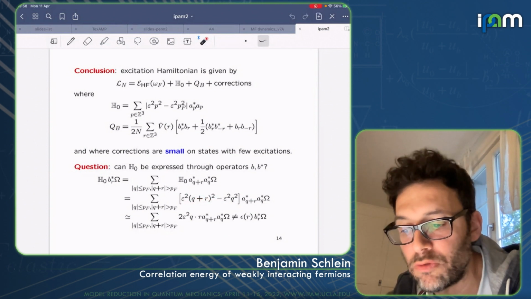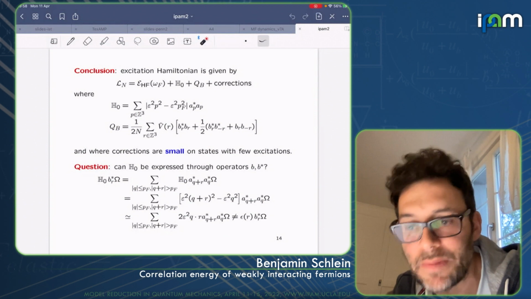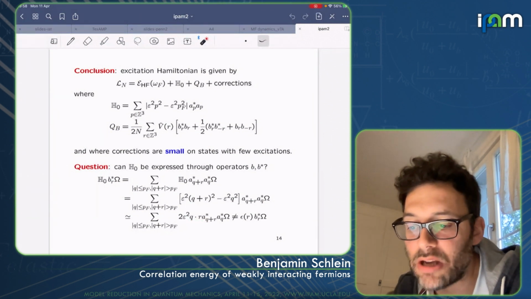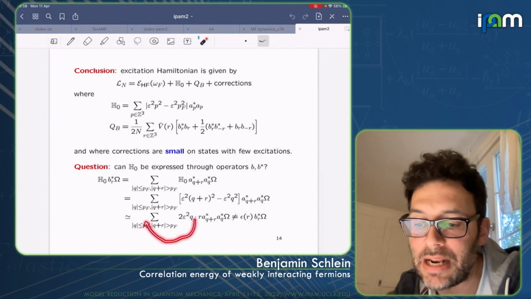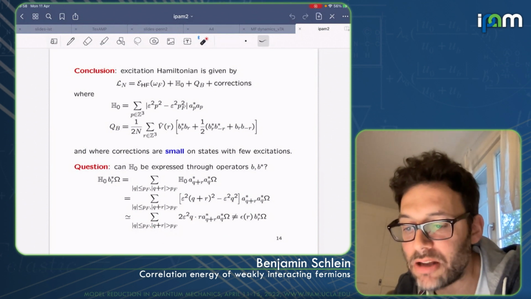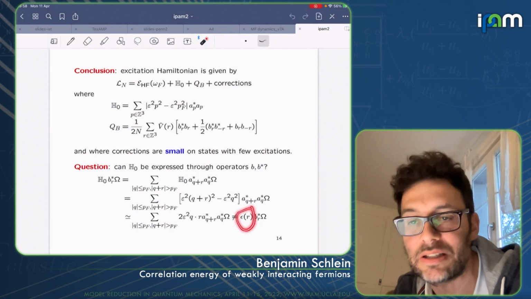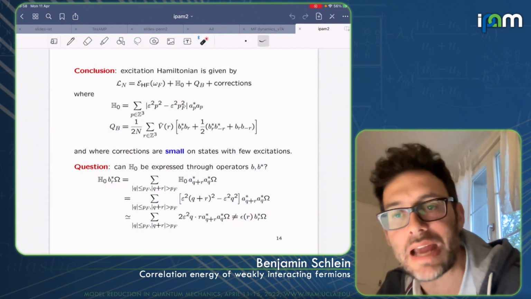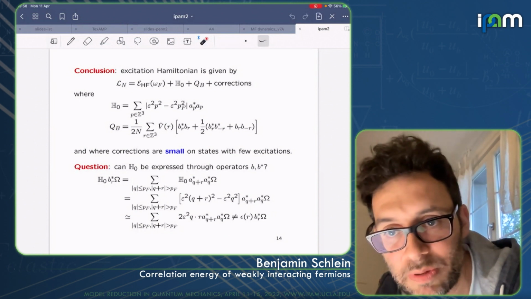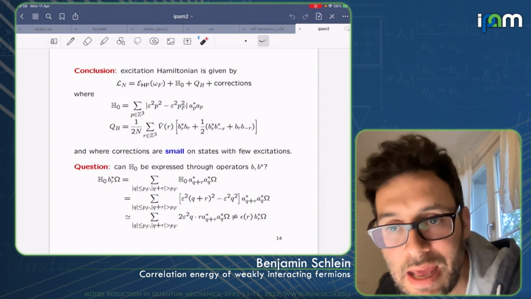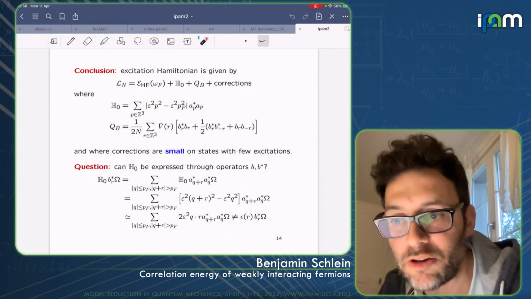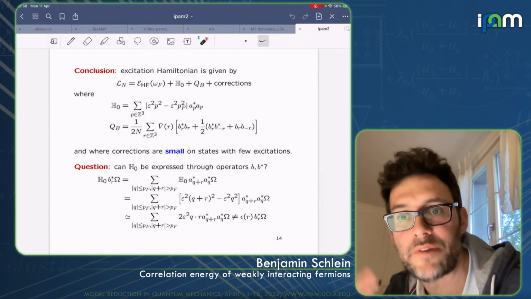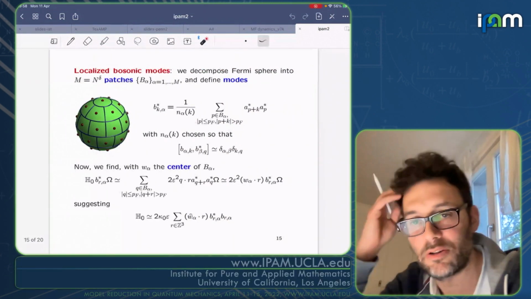The main term, the Q square term, cancels, but you still have a term Q times R, which cannot be taken out of the sum, right? So the result is not just a constant depending on R times the same state. So these states are not eigenstates of the kinetic energy operator. In other words, the kinetic energy operator cannot be written as a quadratic operator in terms of this B and B star operator. Okay, so we have to do something else, and that's the whole point.